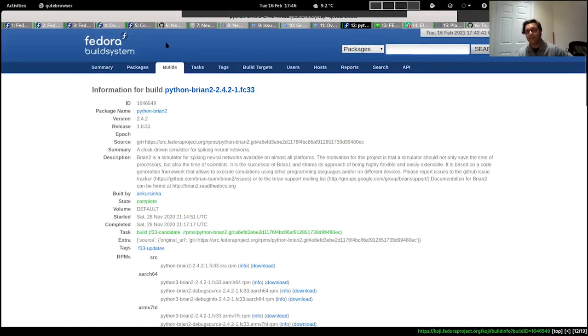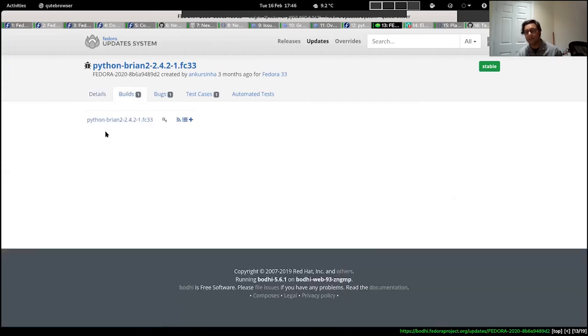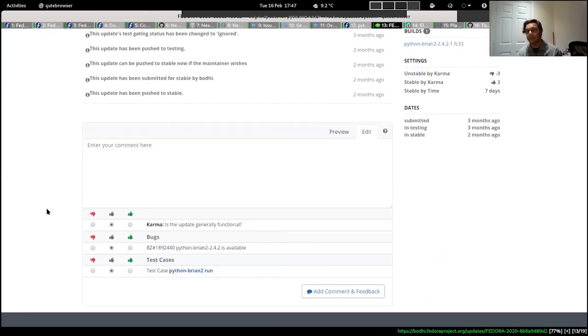Right, so now we have Brian built and ready, but it still hasn't gone to users because after it's built, it needs to go through the quality assurance process, right, which is the QA process. For that, we come to a different tool called Bodhi, right? Bodhi is a QA system. It's strongly linked to Koji. And so for the latest release, for example, I created this build for 2.4.2. I submit this to Bodhi. And here now users have the opportunity to test out this update and see if it works for them, or